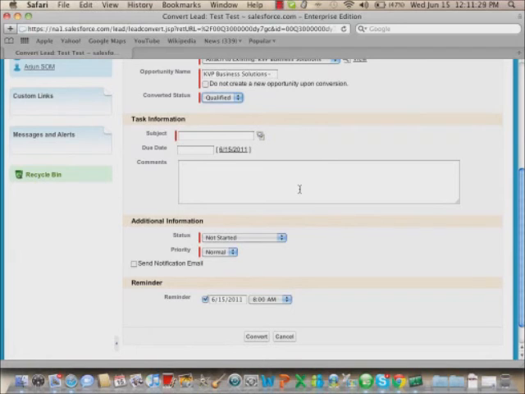When you're qualifying it, you will certainly have certain tasks for yourself, right? You say now this lead is qualified. What are you going to do next? I will probably get in touch with the client again in the next 1 week, or I have to send certain information about InMobi to him. So you can raise a task for yourself in here, or you can just leave this blank. Let's just do convert.